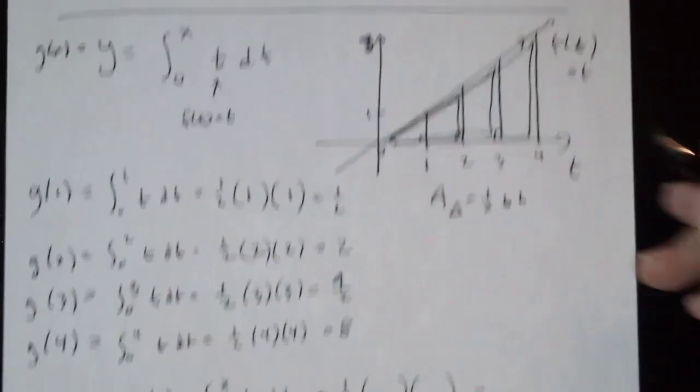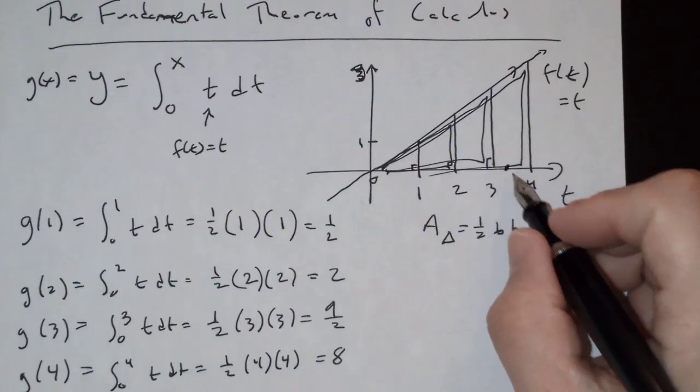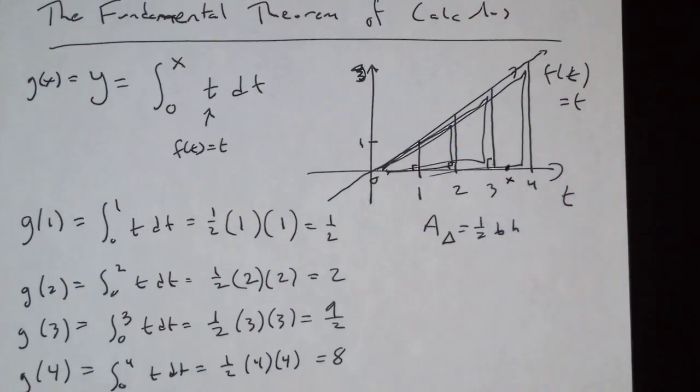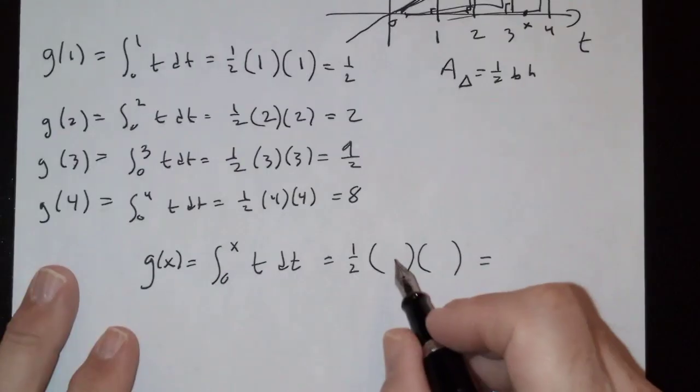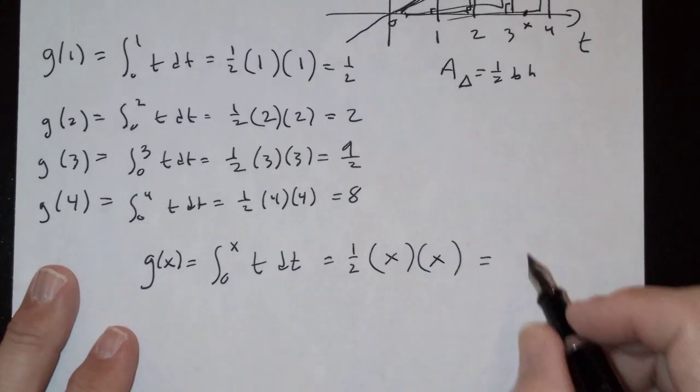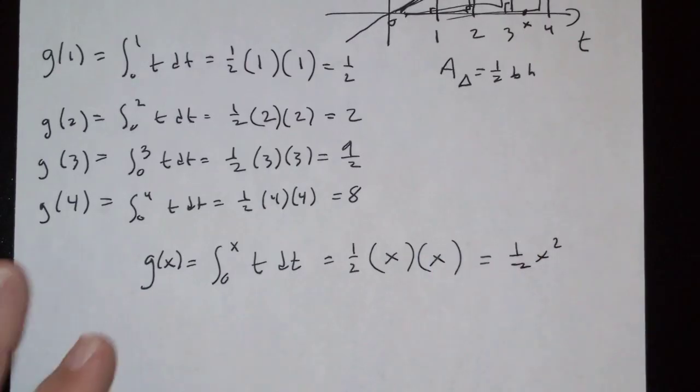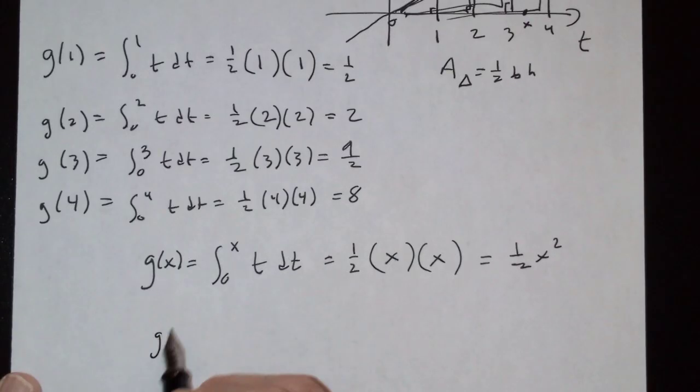What if instead of going to 4, I stopped here at that x? Aha! Then the base would be an x, the height would be an x. I'd get a half x squared. Oh, hang on a second. I now have a formula for g of x